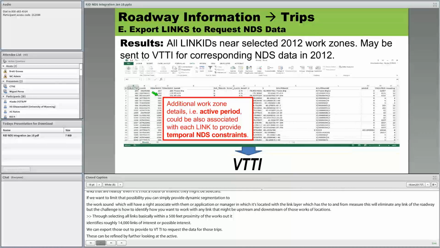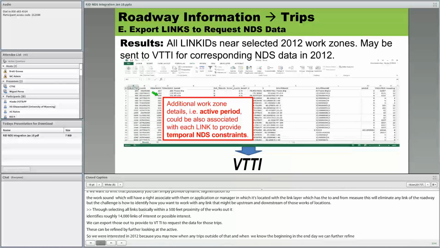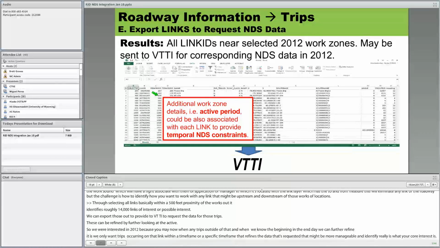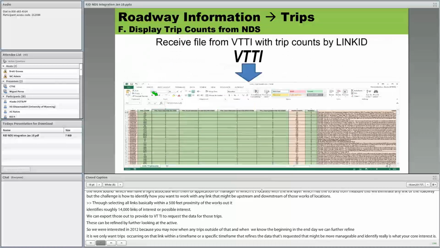So we're interested in 2012. You may not want any trips that were outside of 2012. Or, when we know the begin and end dates of those construction activities, you could further refine it to apply temporal constraints. So we only want trips that occurred on those links within a given time period, or a very specific time period. That refines the data requested to something maybe more manageable, and identifies really what your core interest is,